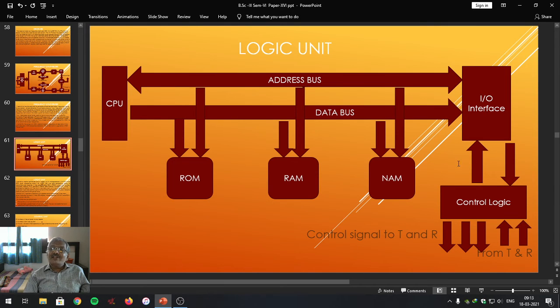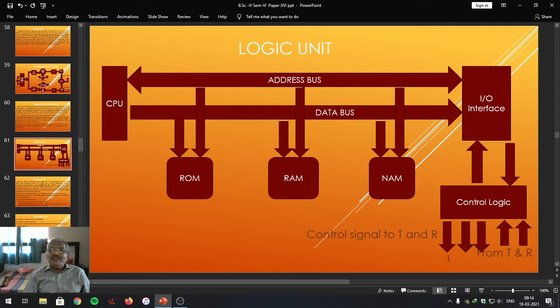Next one is, this logic unit is connected to the control unit. The IO device transfers the signal from the input as well as the output device. The output devices are the speaker and display. The input devices are the mic and keyboard. Between them, the logical aspect is established by the IO interfacing device, which is again a part of the logic unit.